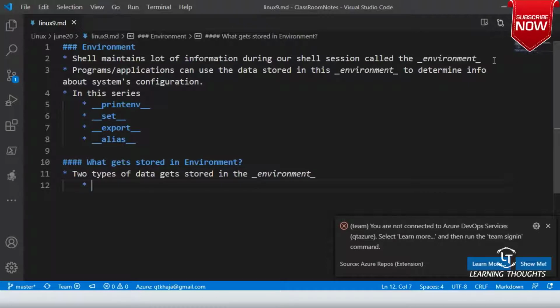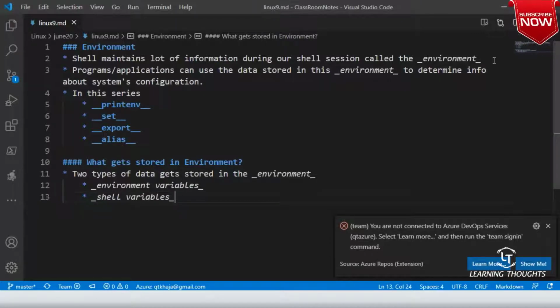The first one is called environment variables, and the second one is referred to as shell variables.